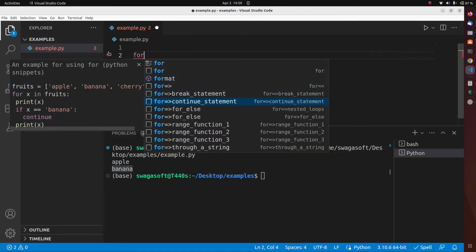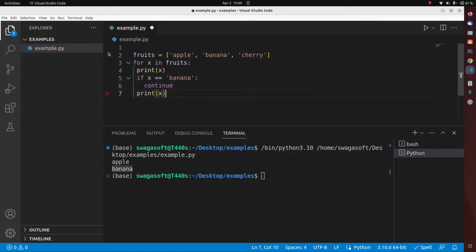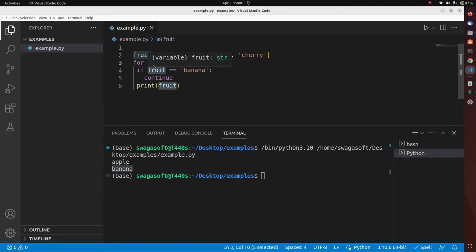This time I'm going to look at the for loop with a continue statement. Okay, so this is using print 2 times, but let me remove the first one. Let me rename this again. Okay, so if we look at this, right, we have a list of fruits. For each fruit in our list of fruits, we want to do a for loop. So if the fruit is equal to